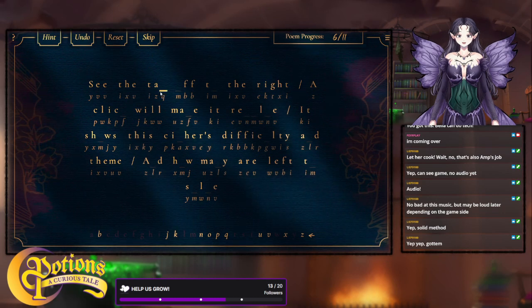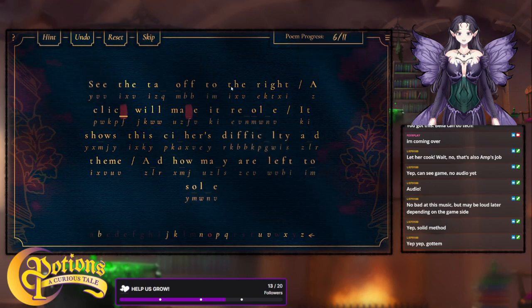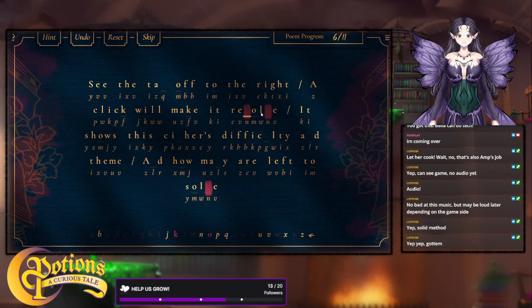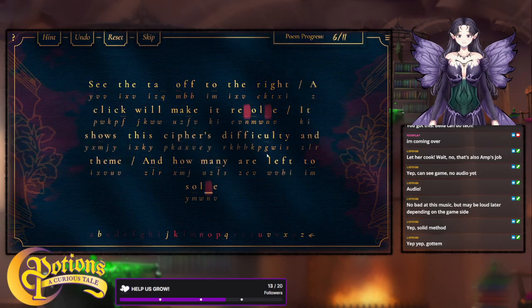Alright, see the link. Off to the right, a click will make it choose this ciphers difficulty and theme, and how many are left to solve. So